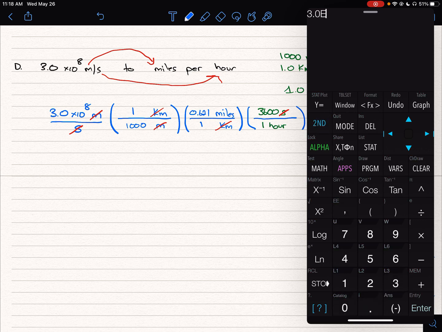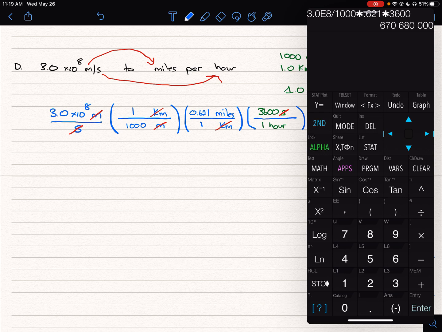And again, I use the E function, which stands for times 10 to the 8th. We're going to divide that by 1,000, multiply it by 0.621, and then multiply it by 3600. You could do these individually and hit equals each time, or you can do it as one line on your calculator, and we get